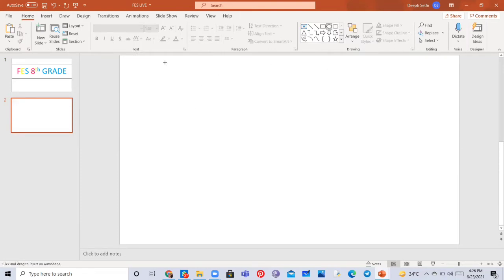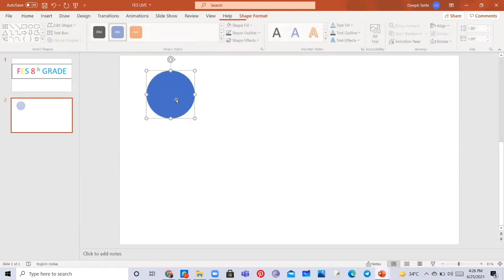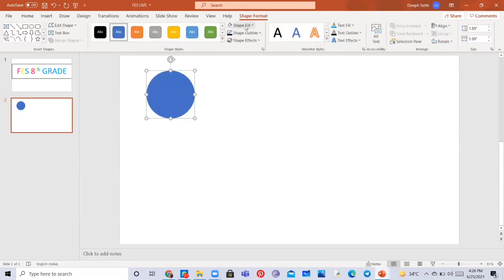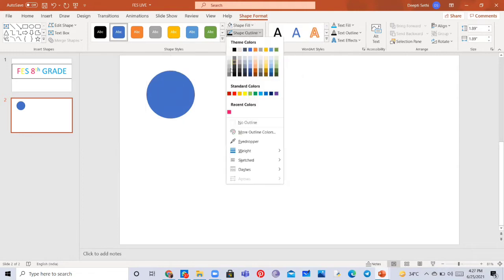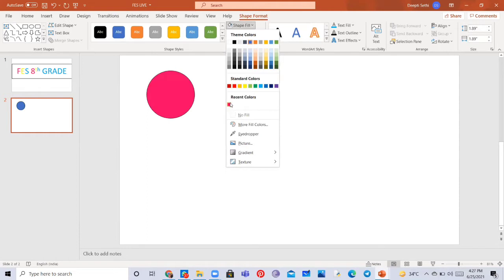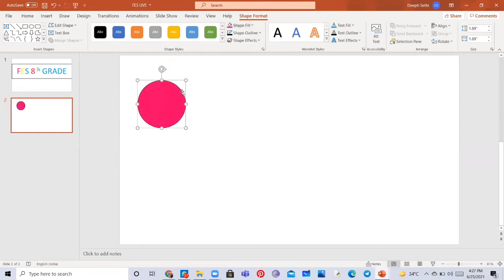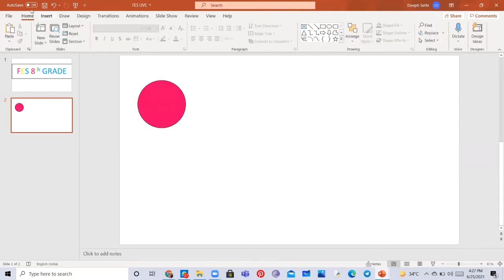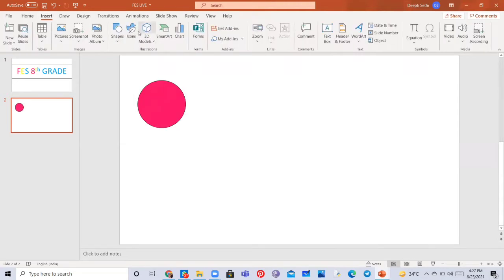If we make a circle with shift plus drag, it will be a perfect circle and won't become an oval, which may be useful. We can keep the shape outline black and the shape fill to our recent colors. The first one is going to be pink.